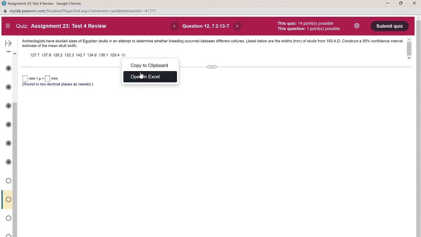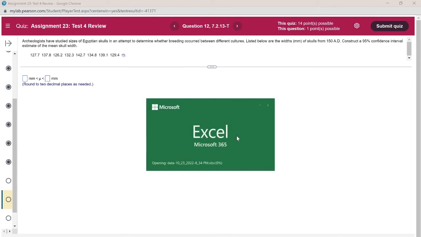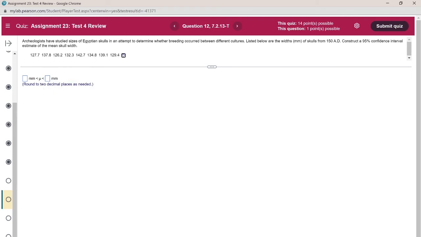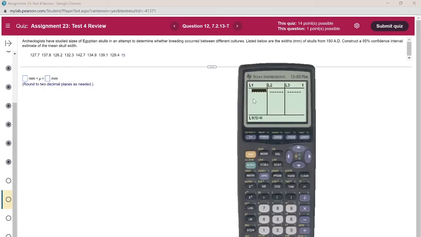So if you copy this data, I can see here 1 2 3 4 5 6 7 8 data. So I don't even need this Excel here. I can just enter this data here, which is 127.7, enter, 137.8, enter, 126.2. So I'm just storing this data in list 1,